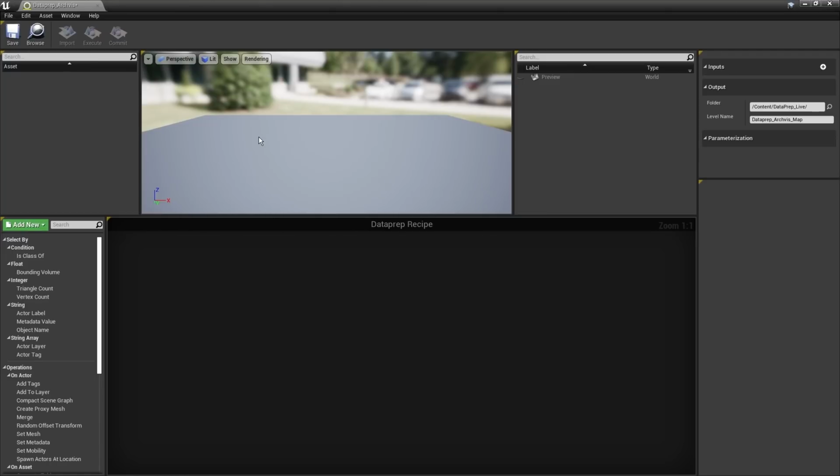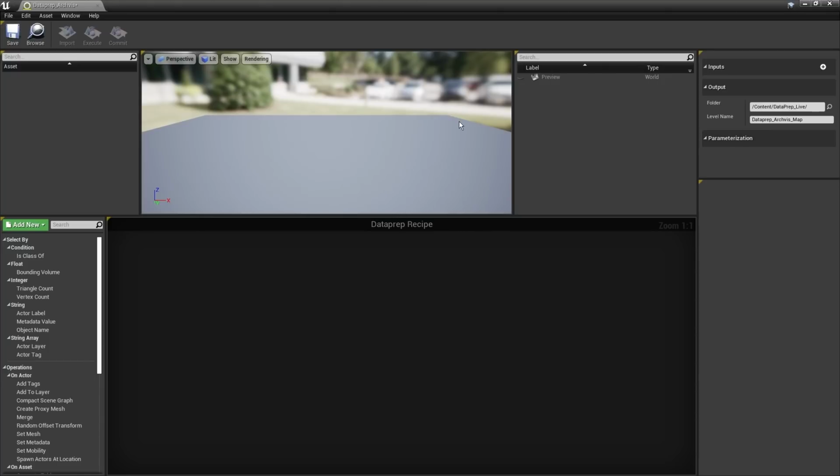They won't be added to the project until we actually commit them to the project. Next to this, of course, we have our 3D viewport. To the right of that, we have our outliner, which will obviously list all of the objects in the scene when we import. Next to that, we have our inputs rollout and our output rollout, as well as a parameterization rollout. We'll explain what that is a little bit later.